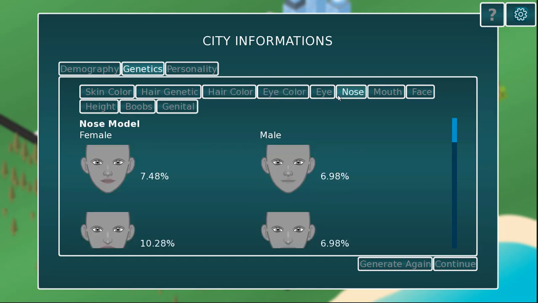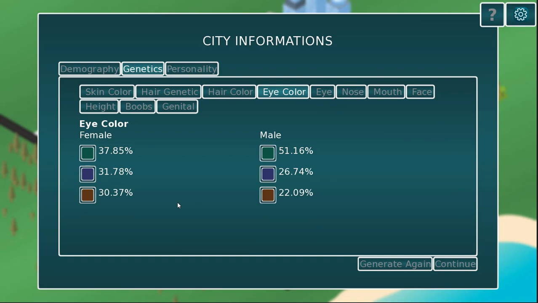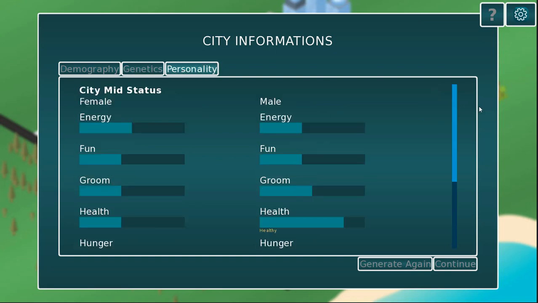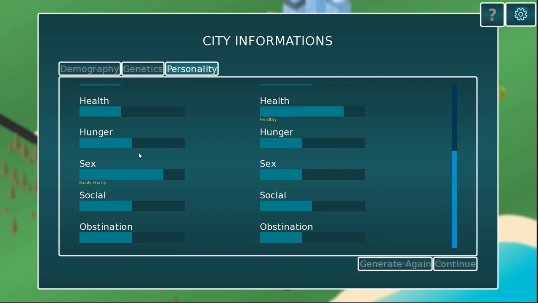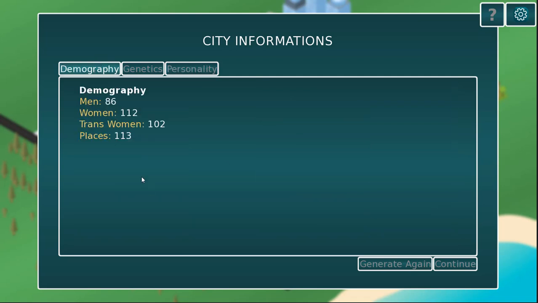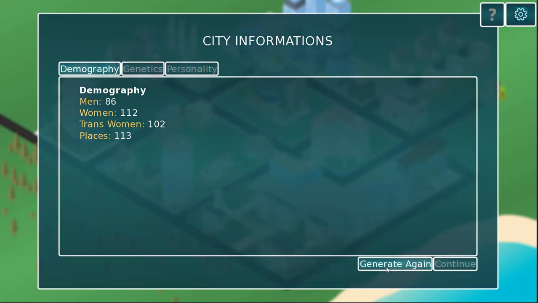So this is how this new tool works. You can just choose every single aspect of your city and the game will be like this. Okay? I hope this makes the game a lot more fun to be played, and I hope you guys like it,